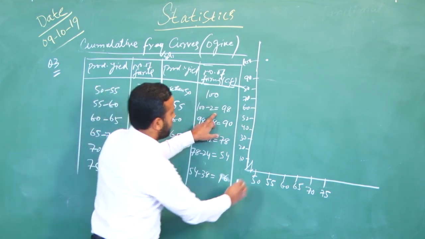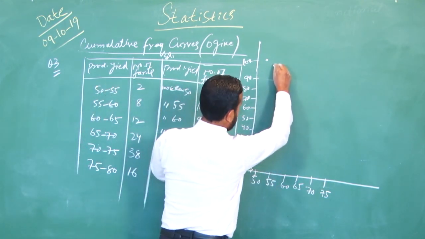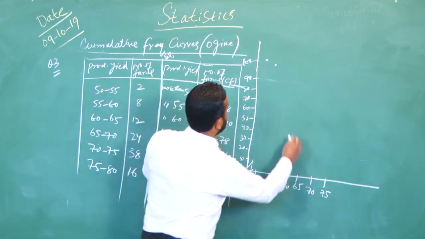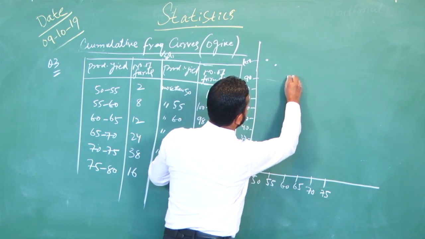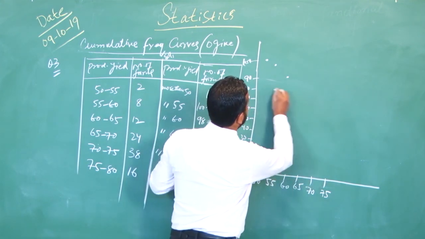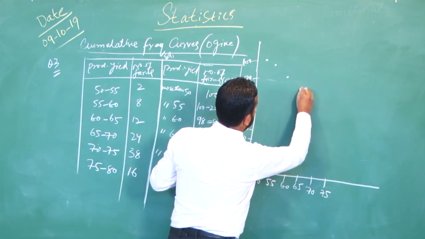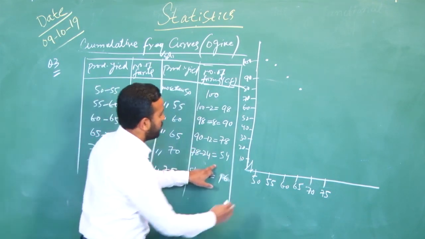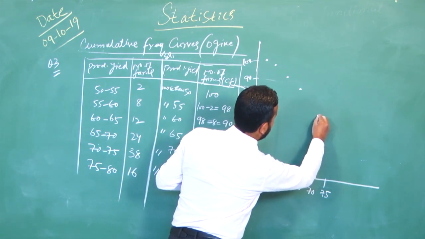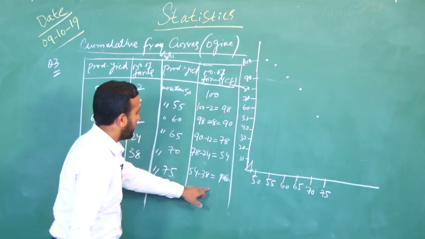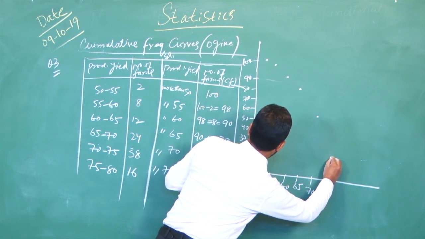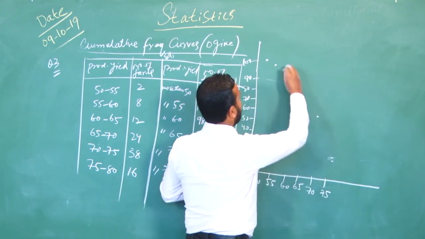Then 55 and 98, 55 and 98 is here. Then 60 and 90, 60 versus 90, this particular value is here. 65 and 78. Then 70 and 54, 70 versus 54, this value lies here. And the last one, 75 and 16, somewhere here in between 20 and 10. Now we have to join these points,